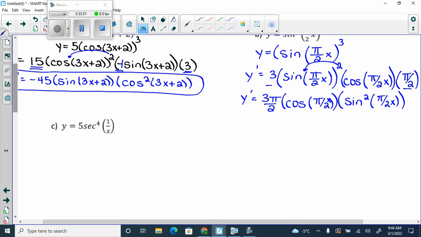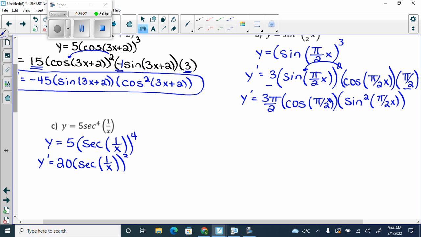C, we would rewrite the secant as y equals 5 secant 1 over x all to the 4. Now please, guys, don't rearrange this and put a derivative and say I'm done. People will do that. I'm like, you didn't do a derivative at all. You've just rewritten the question. So please don't stop here. So y prime, the 4 is going to drop in front. We're going to get 20 secant 1 over x